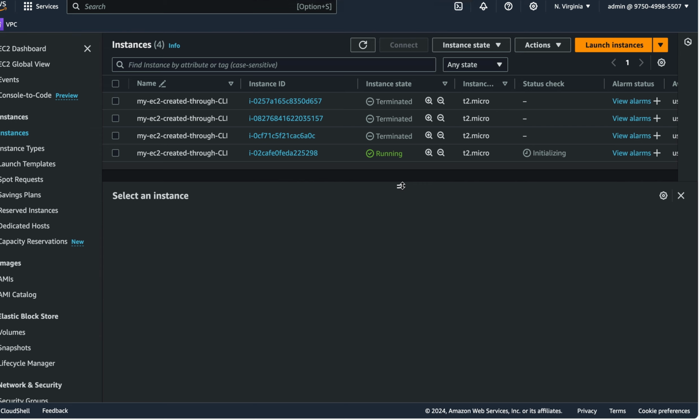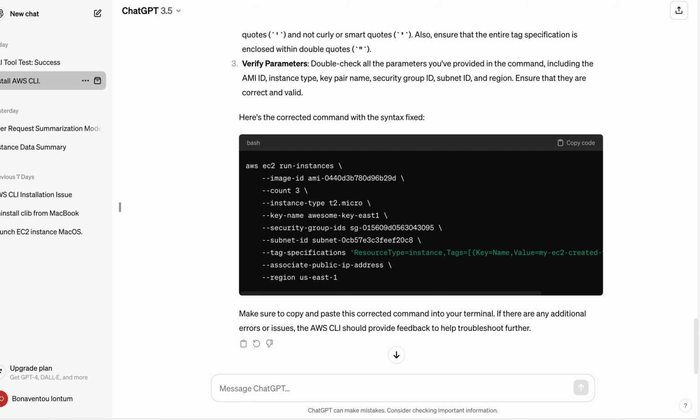If you want to terminate it as well, there's equally a command. Most of the time I use ChatGPT to research information. Look here, I was able to get the command to use from ChatGPT. I just insert the information and it gives me all of this. So I can go further to say,